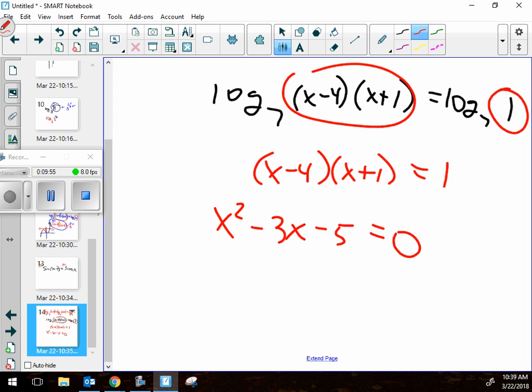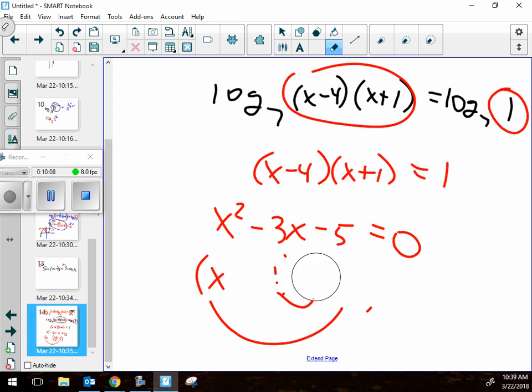But the only way to multiply to get a 5 is a 1 times a 5, and I'm not going to be able to get this to factor, because I can't make a 3 with a 1 and a 5. The outside and the inside never come out to 3. So therefore, if you can factor it, you should. But if you can't factor it,